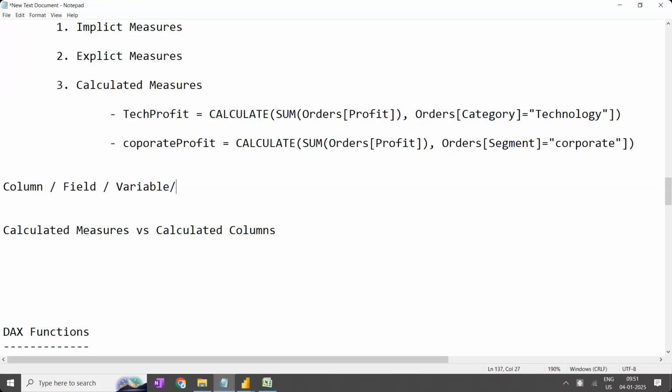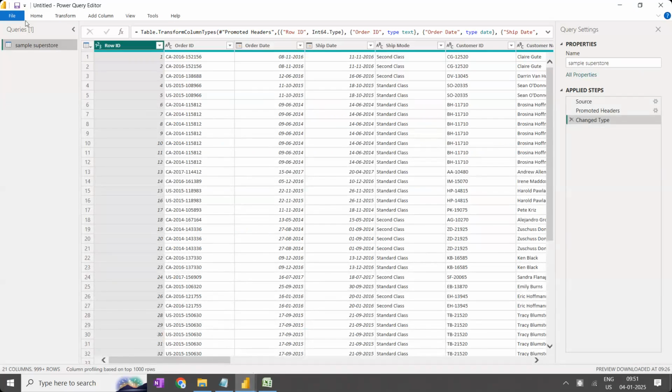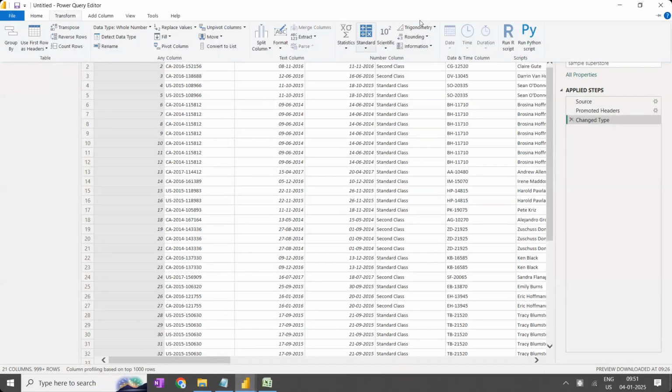Okay, future. Next one is future. Everything is same. Future engineering means variables you are modifying as per your requirement, as per your choice. Now here we are having the Power Query editor. Within the Power Query editor, we are having different things. Here, transform is the main one, which we are going to discuss all these options in today's class,